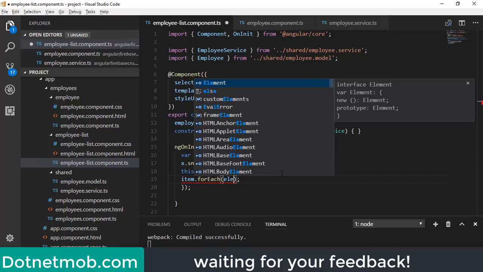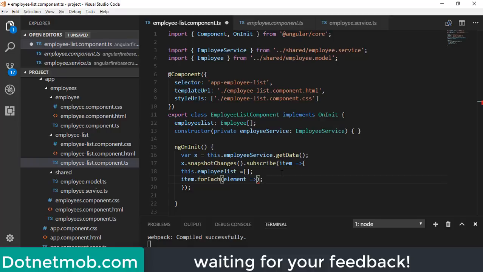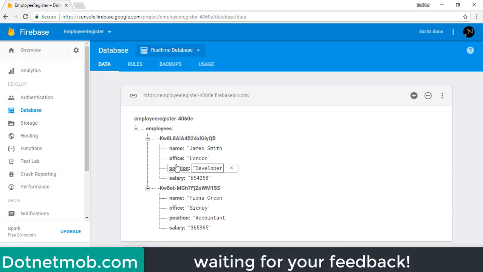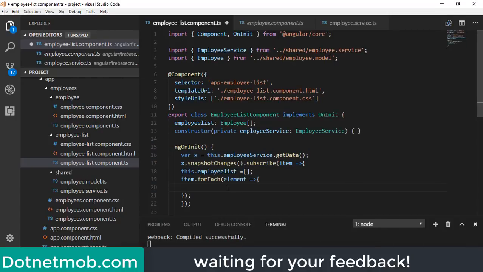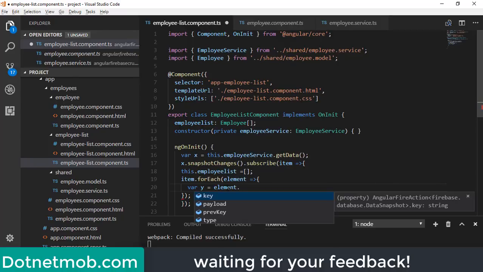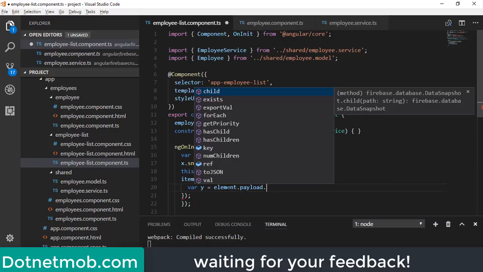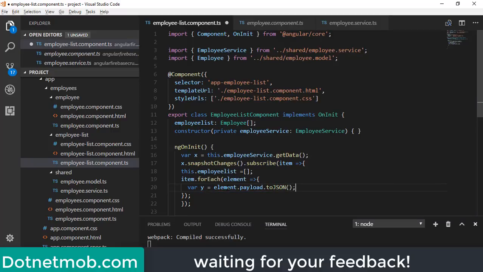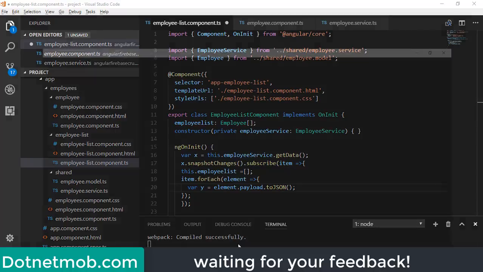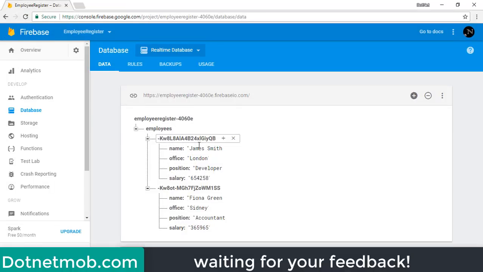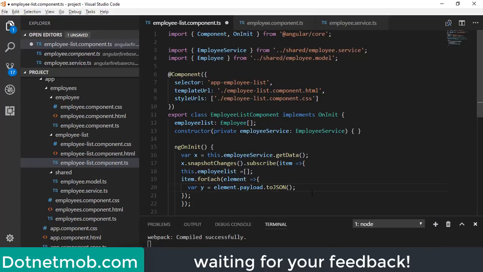Inside that, I will declare an arrow function with element, so that now we will retrieve this data: employee name, office, position and salary. For that, I will declare one variable here: var y is equal to element.payload.toJSON(). So this will return JSON data containing information like this. And now we need this key for identifying each record. For that, we can do this.